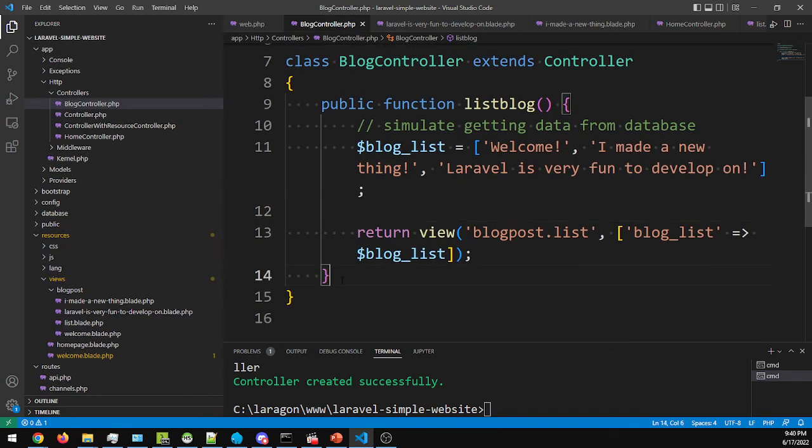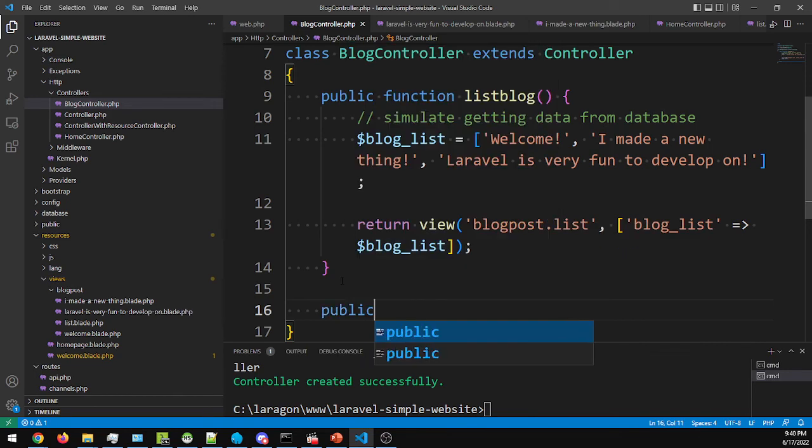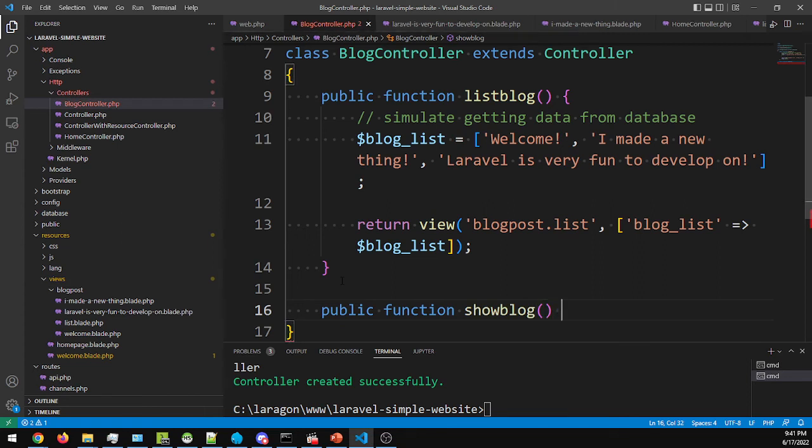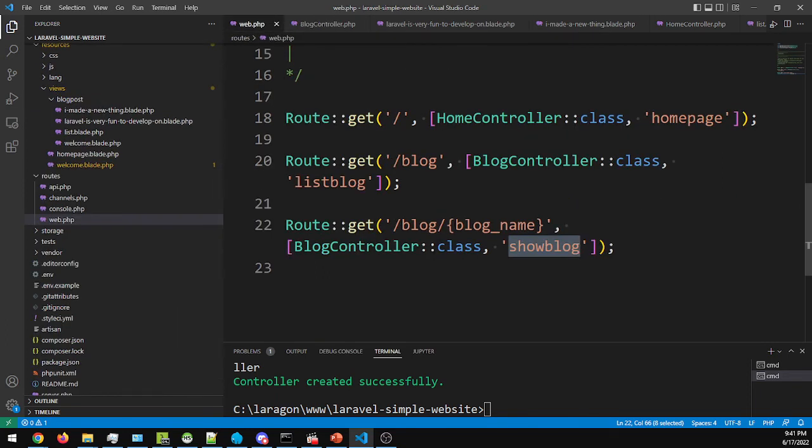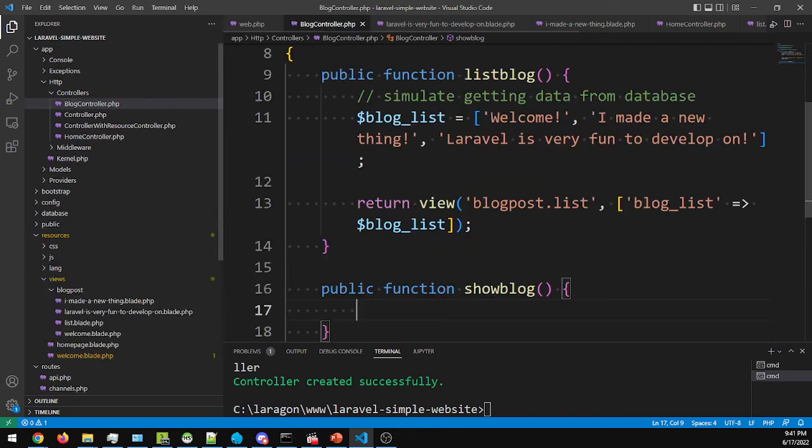So now we have list blog, and now we need to create public function show blog. Okay, so first, because our blog has a blog name parameter, we will need to include this into our show blog function. So blog name, and then we can start